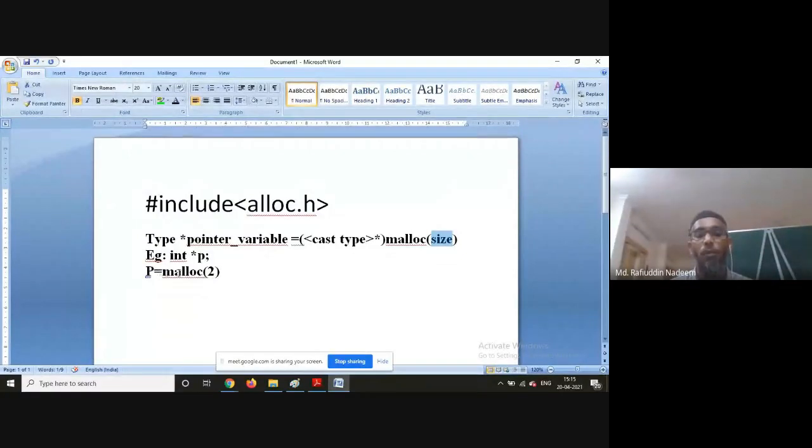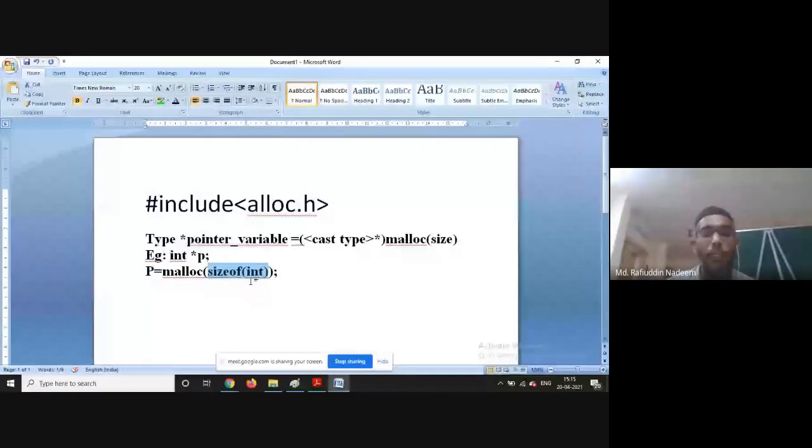Okay, so you can give it as malloc of 2, or you can use the sizeof operator, sizeof integer. As I often said, some compilers may use 4 bytes of memory to store an integer. Because we don't know how many bytes of memory will be allocated in our system, we can simply say sizeof(int). The sizeof int is going to return how many bytes of memory have actually been allocated by the compiler in our system. So if it is 2 bytes, 2 bytes will be allocated; if it is 4 bytes, 4 bytes will be allocated.